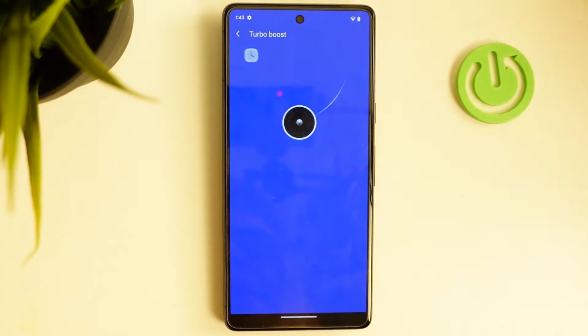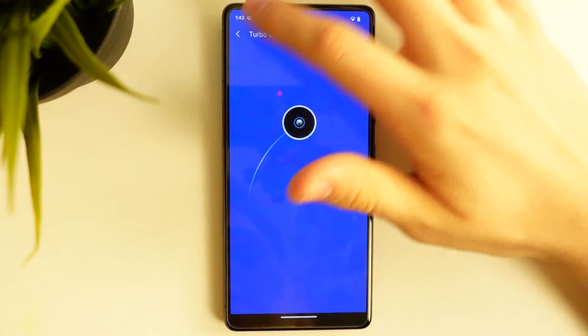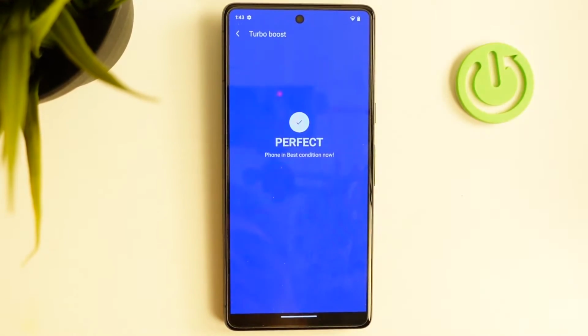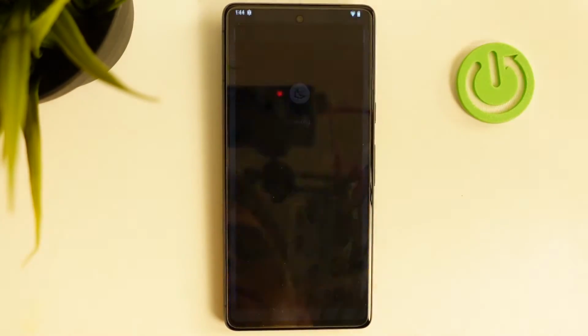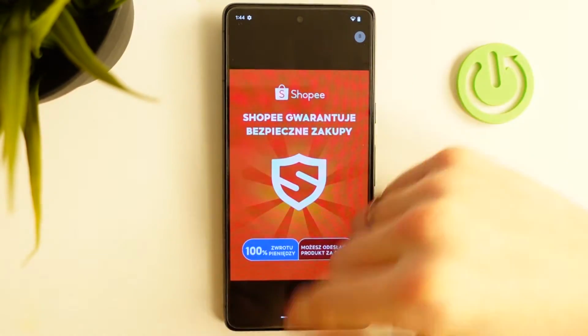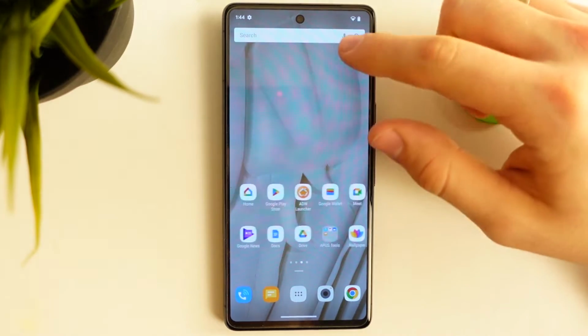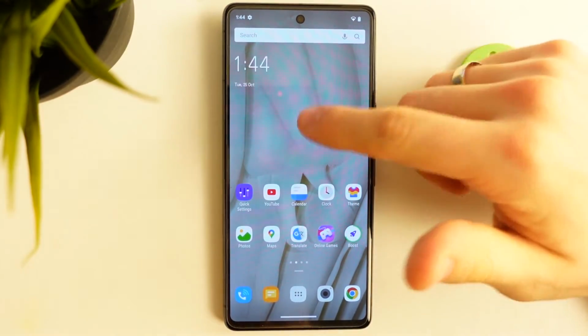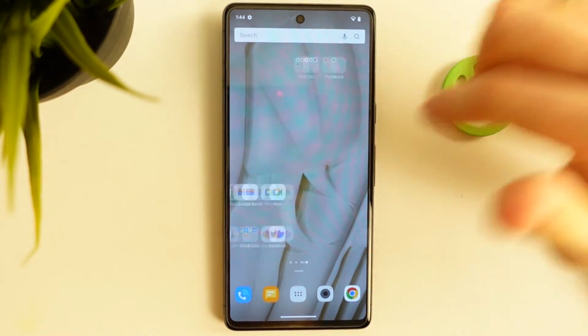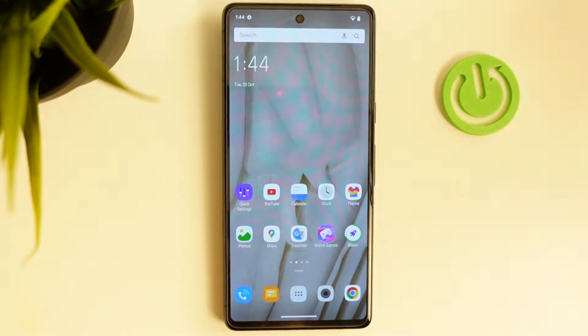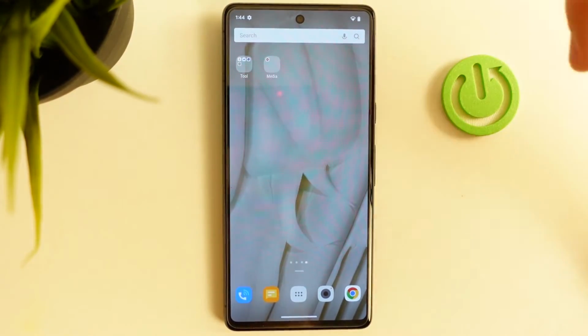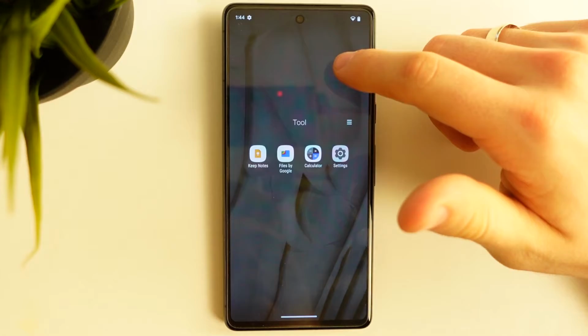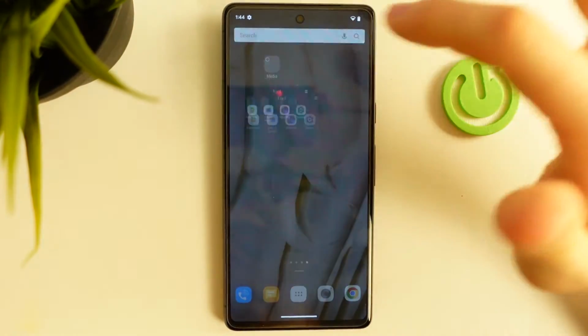Here we have Auto Boost, Turbo Boost to boost our device. It will clean your memory, and cool. It looks great. It works great. I think it's one of the best free launchers for your Pixel device. And